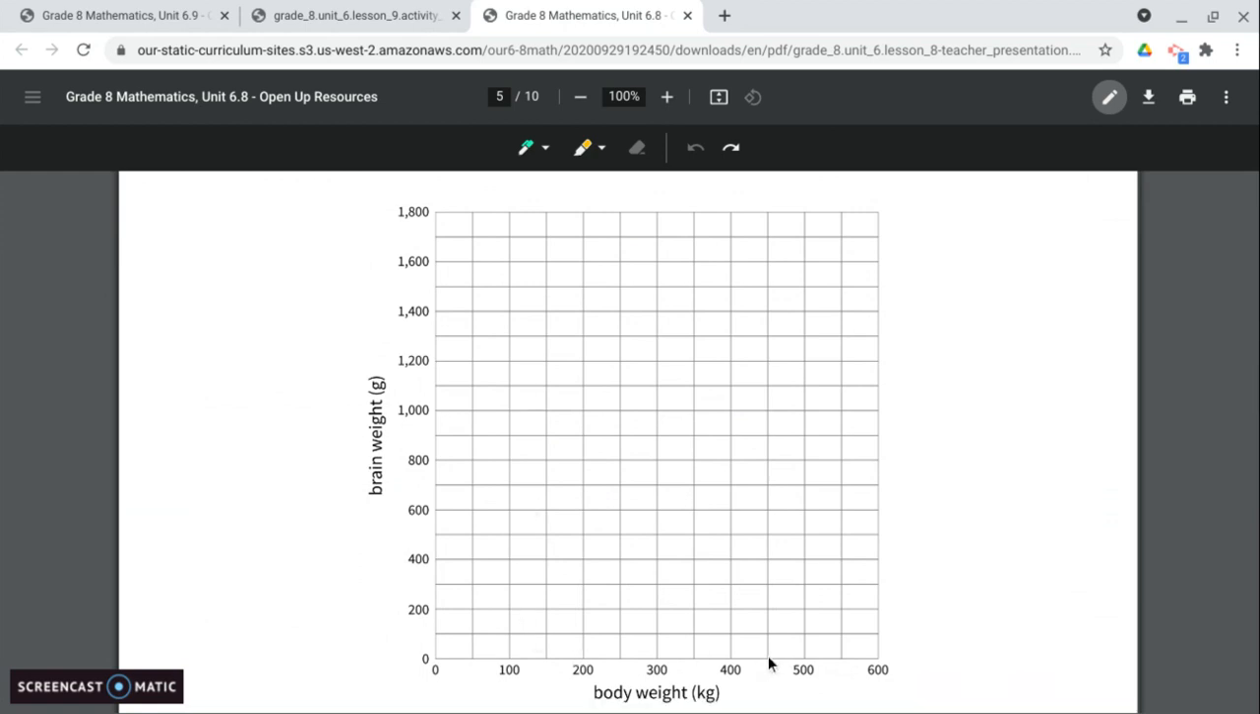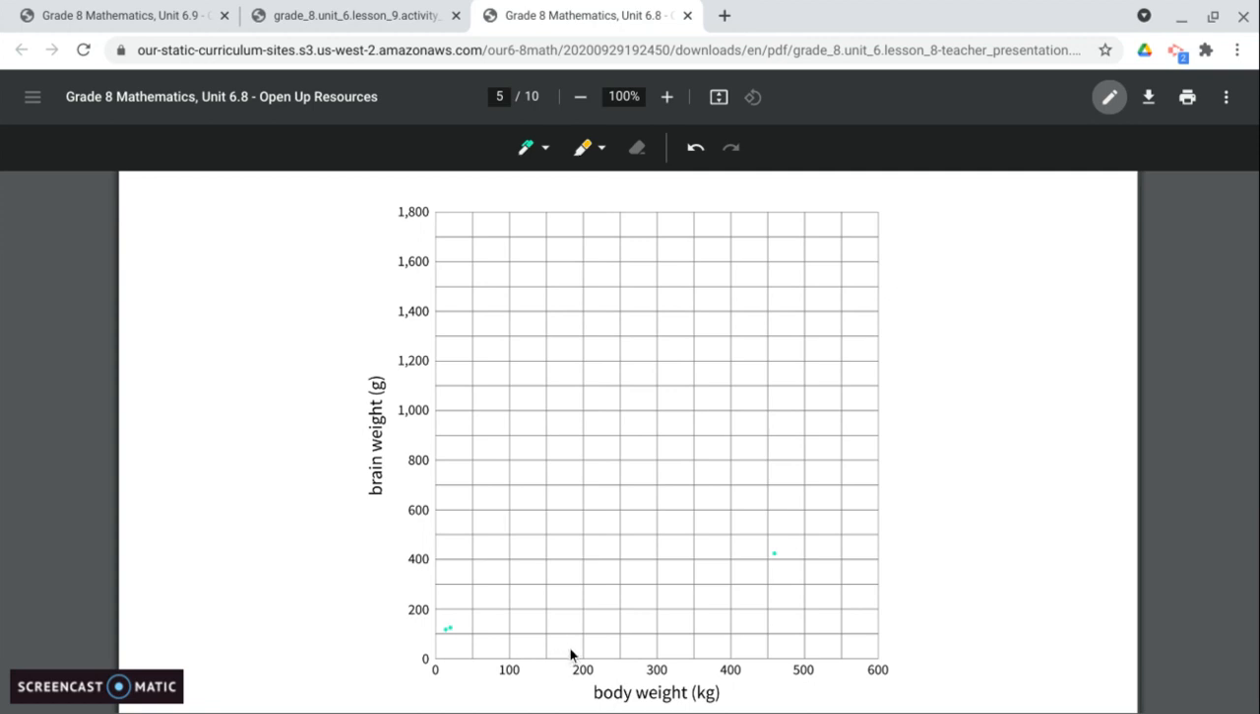So we have 465 for our cow and 420. Let's see, that's 500, so like 423. It's right about there. The gray wolf is 36 and 120. It's right around there. The goat is 28 and 115. It's right about there. The donkey is